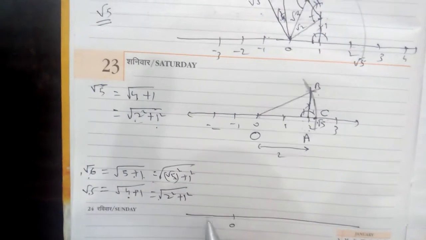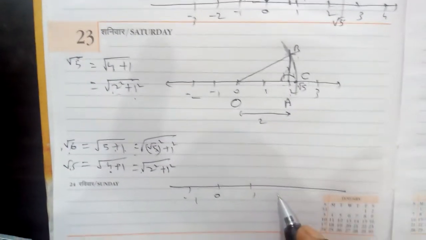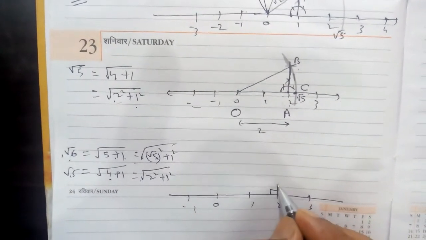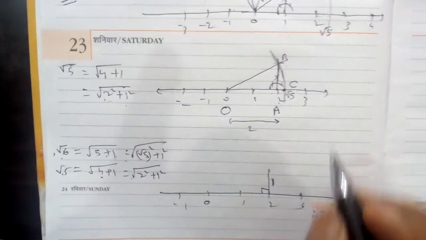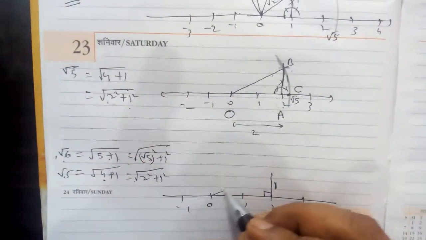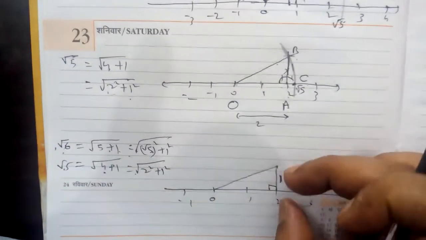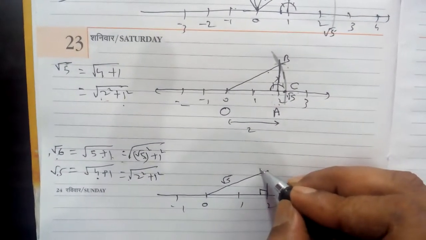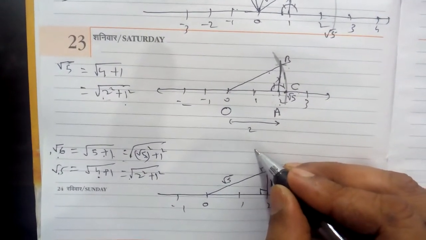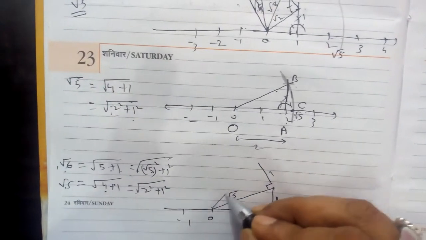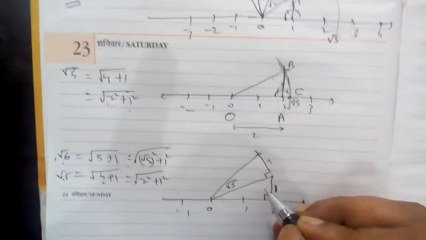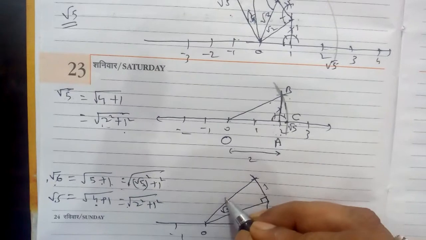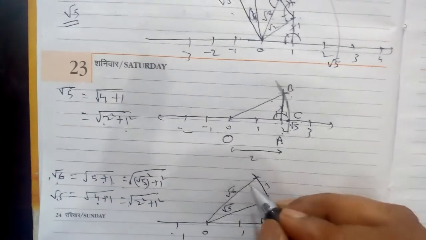You can do 0, minus 1, 1, 2, 3. You will get 90 degree here by protractor or compass, 1 unit. Like here, you cut and join it. You are getting 2 square plus 1 square. What is it? Root 5, or not? Again you draw 90 degree at this place and 1 unit you will get. Here you cut 1 and you are getting again root 5 plus 1. What will you get? Root 6. Root 6 plus 1, root 7.